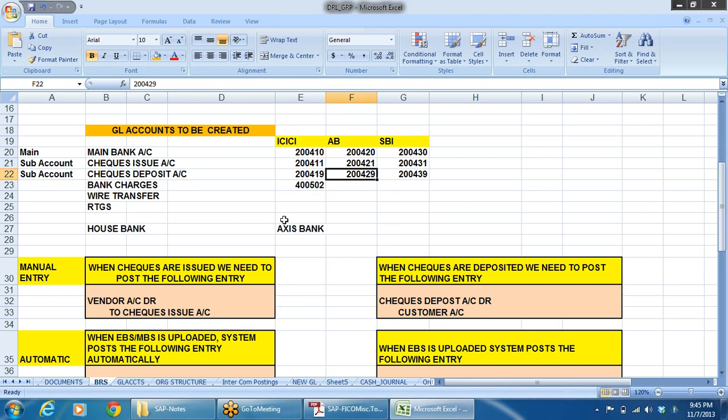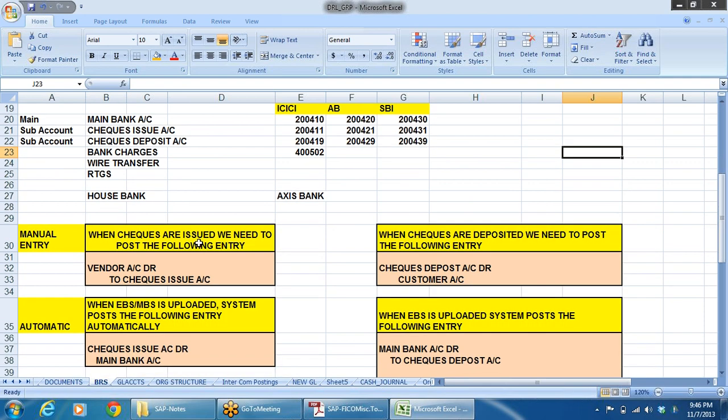Right? So we have to create GL accounts for the banks like this, and we need to maintain that symmetry. This is for the purpose of, at the end, we are going to create masking of GL account. What is meant by masking we'll see later, and for that purpose the last number should be matched to each other. Okay,